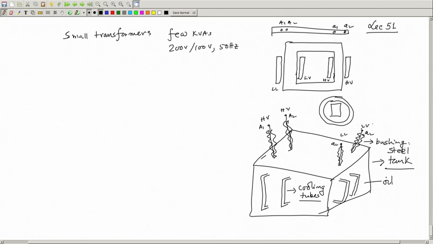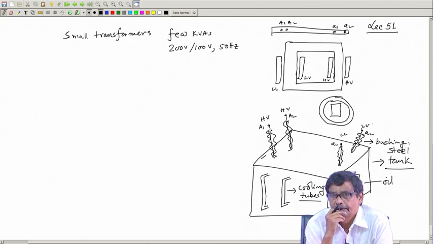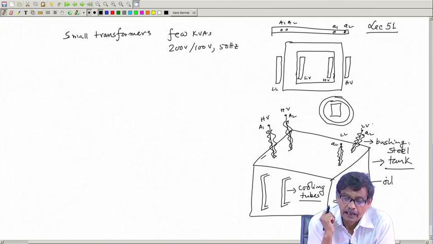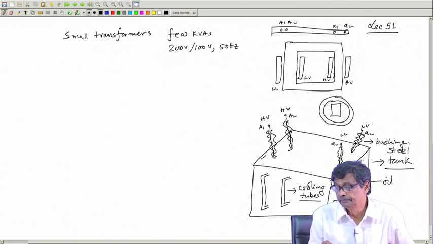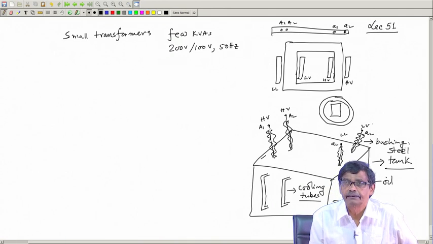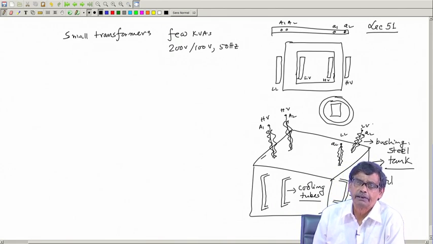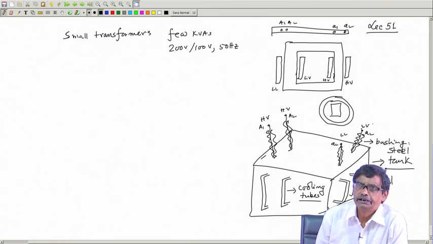can be understood, provided we go slightly deeper into the kVA equation of the transformer, and we will start with that, then we will land up with this thing. I will be trying to be very lucid to explain that, so that you can appreciate, okay, this is what it should be, otherwise how.